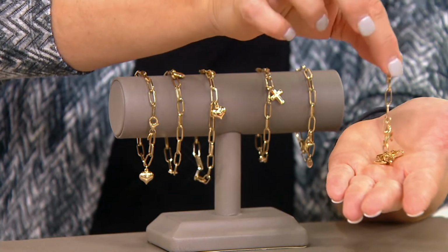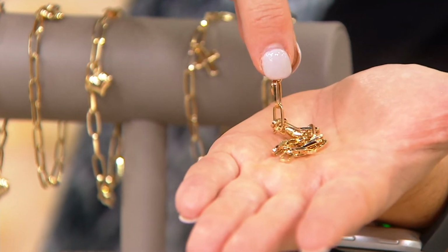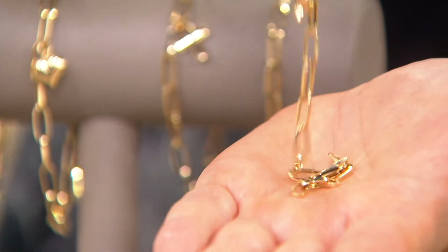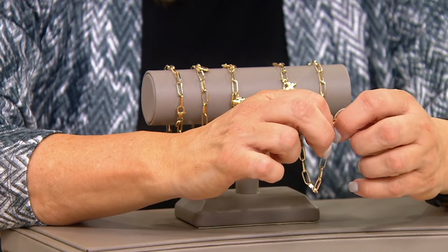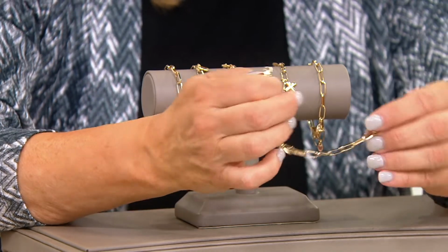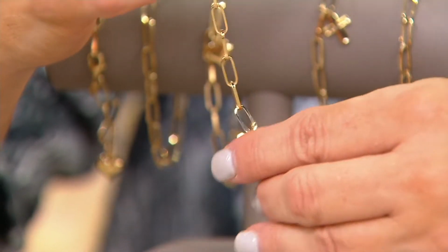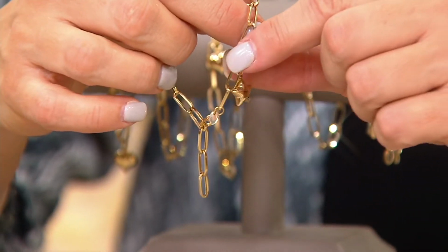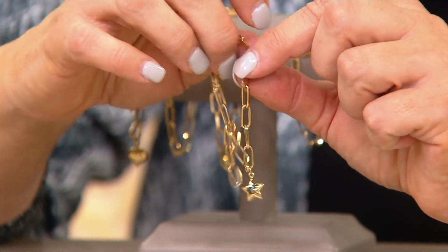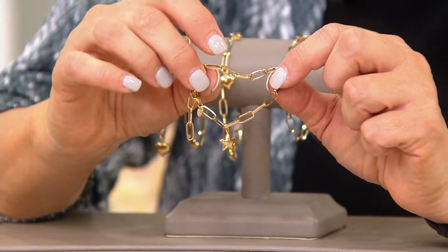It can be anywhere from 2.4 grams to 2.6 grams. Obviously, the 2.6 grams is the large, the 2.4 is the small. Here again, I want to remind you, if you have someone who wears a 7-inch bracelet, they will go ahead and instead of using the lobster claw clasp on the very last link, they will use it on the third from last link and have that little dangle. The idea that this is a starter charm bracelet, if you want it to be, although it's completely complete,